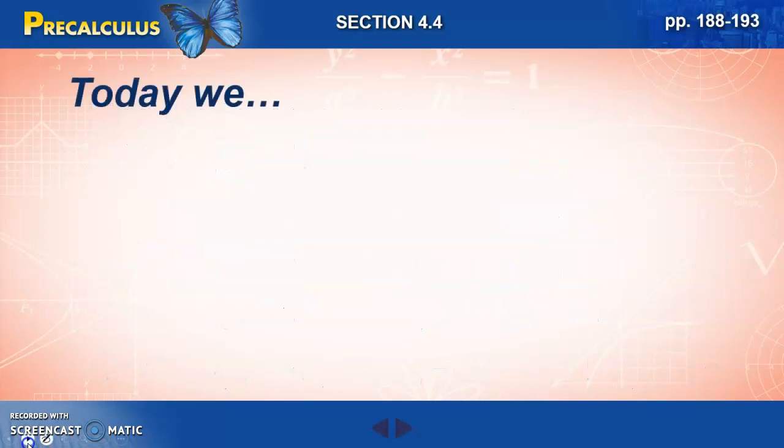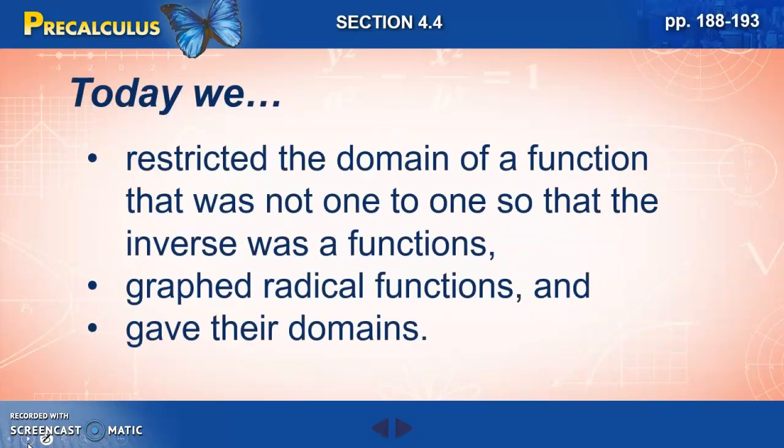All right, so today we restricted the domain of a function that was not one-to-one so that the inverse was a function. We graphed radical functions. You saw that radical function graph that looked